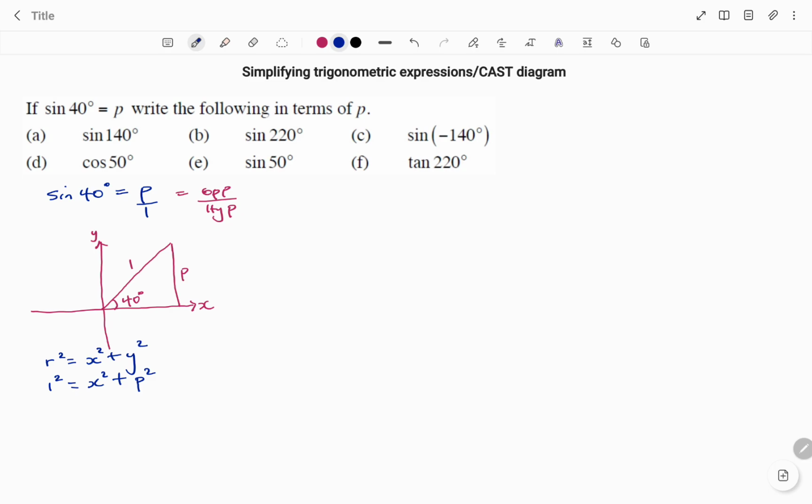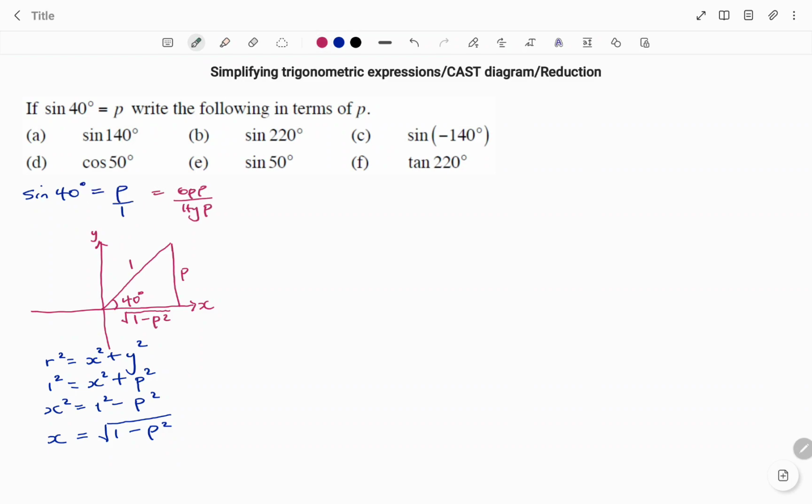Making x the subject of the formula, I have x squared equals 1 squared minus P squared. Therefore, x equals the square root of, I'm going to find the square root of both sides to cancel the square for the x, 1 minus P squared. So if I slot that back into the diagram, I have the size of my x-axis to be the square root of 1 minus P squared. Going back to the A part of the question, in order to find sine 140 degrees,